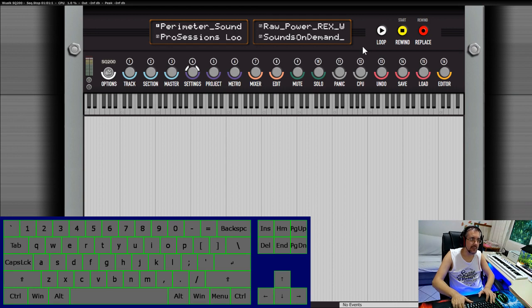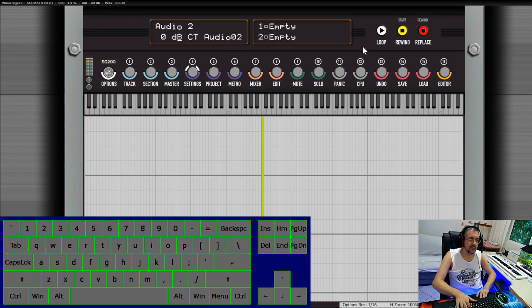I'm going to add some ambient sounds because I just like the stuff they've done. So I just press enter again to select the